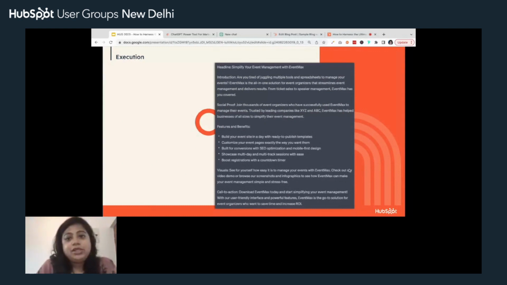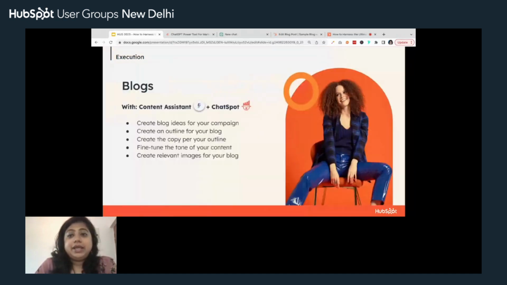But again, you see here what ChatGPT does is, if you ask of it, it will give you a basic framework. It will give you a draft one that your team can work upon to refine, and then you can work upon to have a final review of. But it saves you time from starting from a completely blank slate. I think the same is the case with blogs.